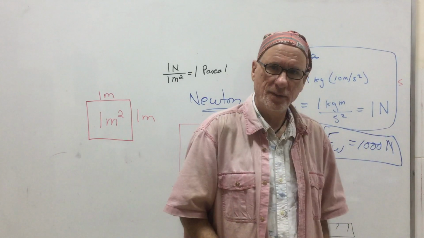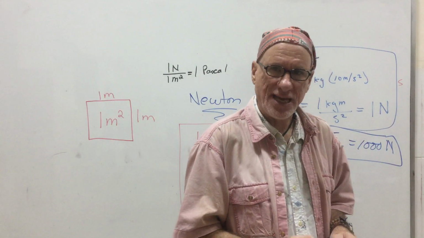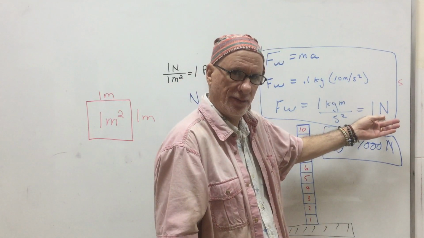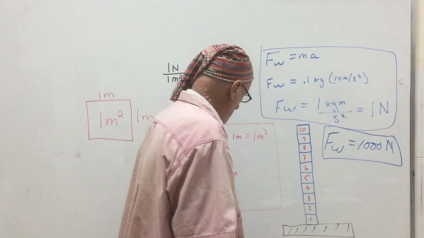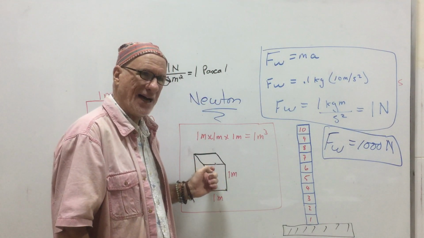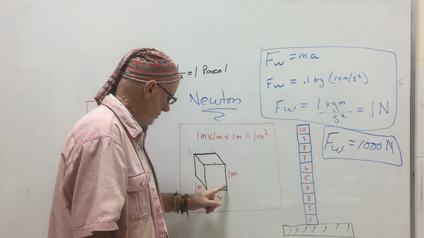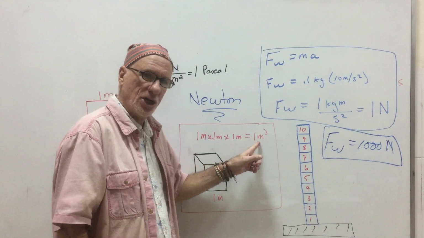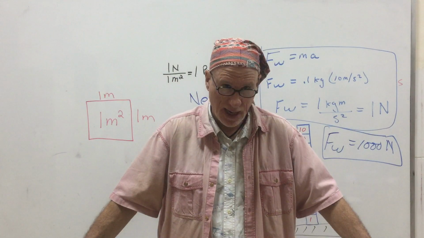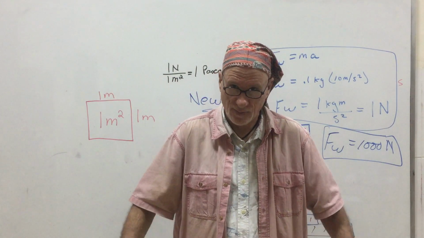Okay? So far, so good? Whatever your mass is times 10 is your weight in newtons. Clear? Now, I want to look at a box. That box is going to be 1 meter by 1 meter by 1 meter. Clear? It's going to be 1 cubic meter. You okay with that? It's like this wide, this deep, right? Get it? 1 meter, right?